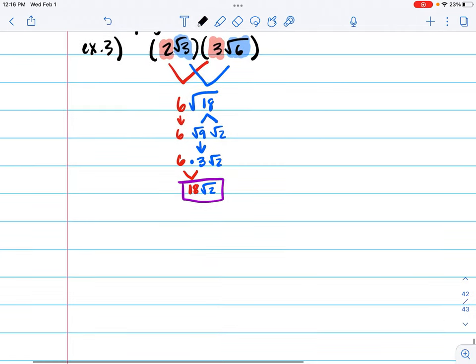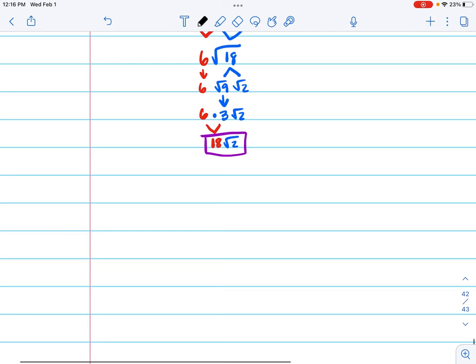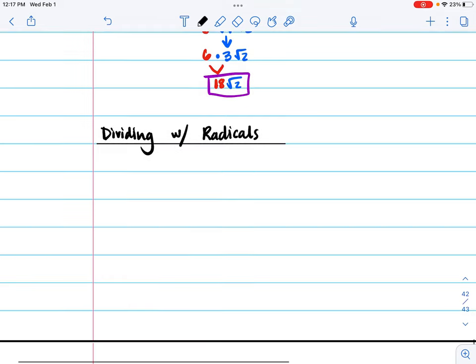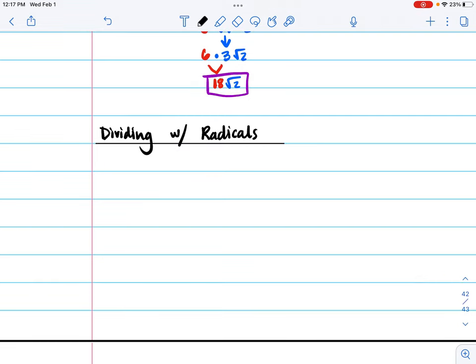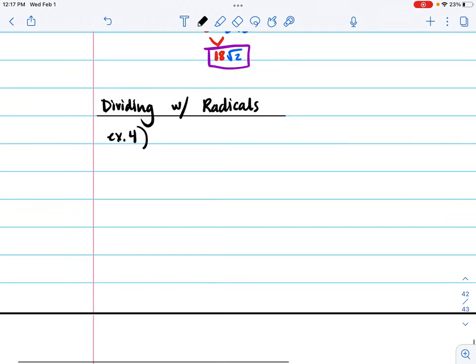Last thing we do is division. So dividing with radicals. And this is a little bit tricky, okay? So, for instance, if we have, let's call this example 4, if we have, let's go 2 root 5 minus 3 root 3 over,